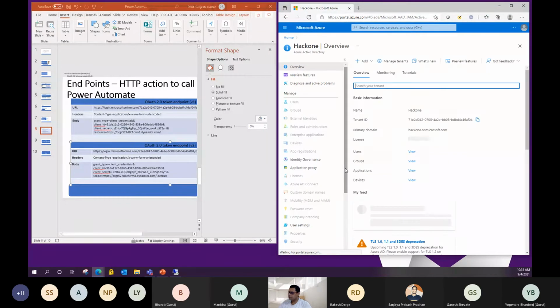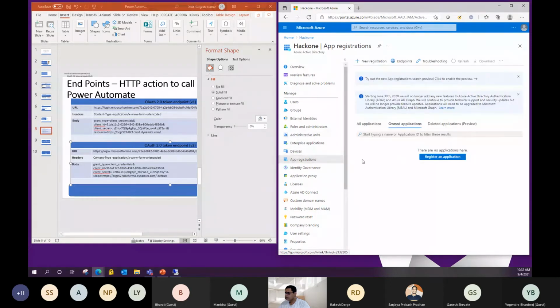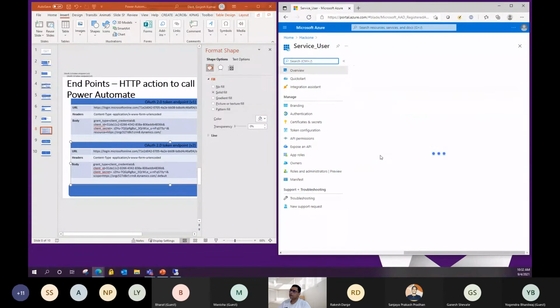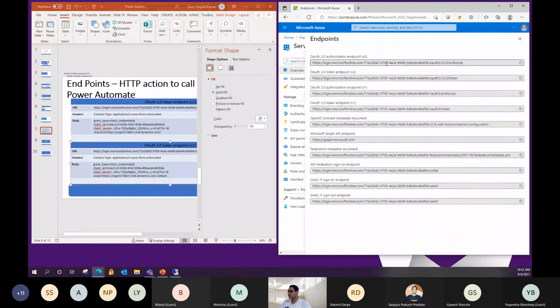I have registered an application user with this Azure directory. This service user will be used in Power Automate, and if you open the endpoints, you will get this window.